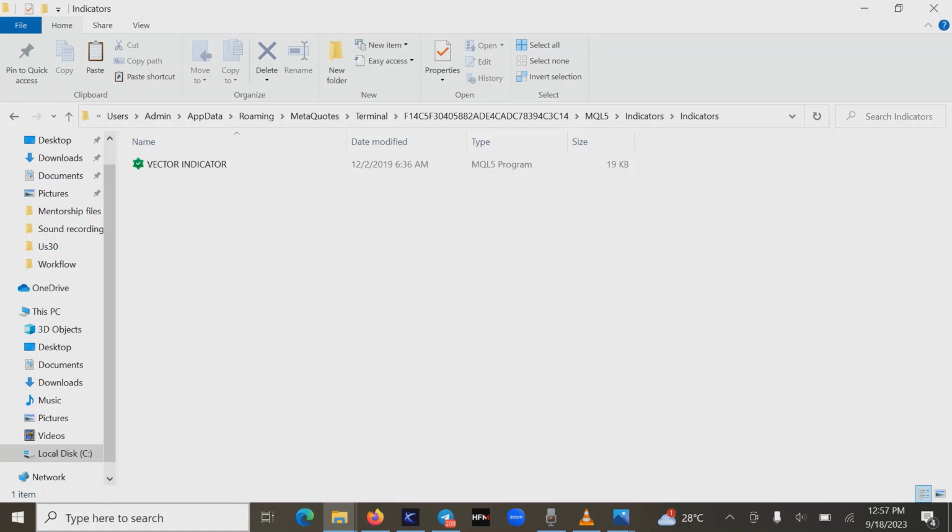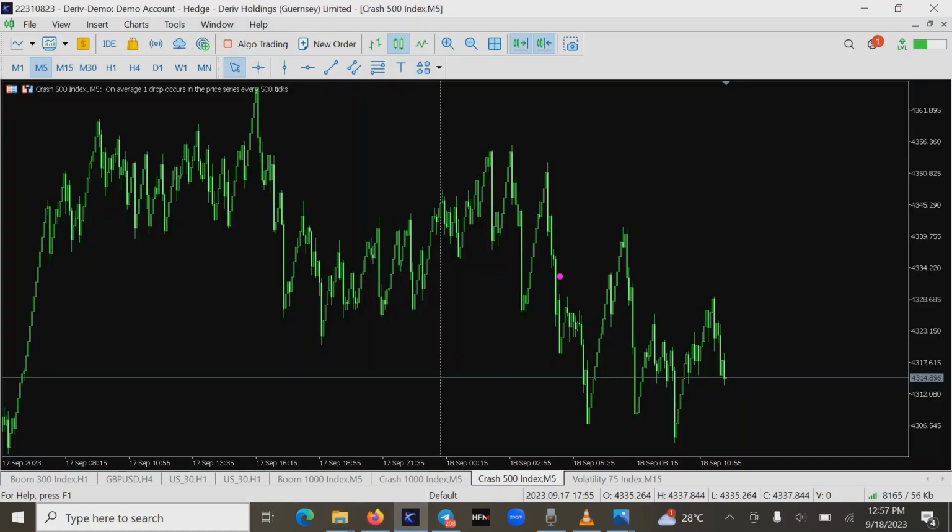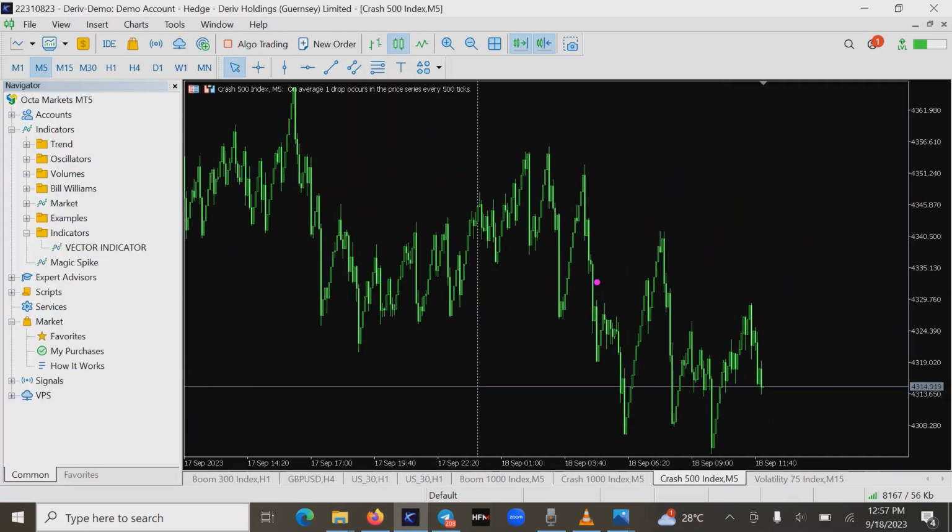I already have it inside the indicators folder. That's why you can see it right here, but because you don't have it, it's going to be blank. So just paste it here and then you're going to have what is here. So when you are done, all right, just refresh and then go back to your MT5. When you get to your MT5,